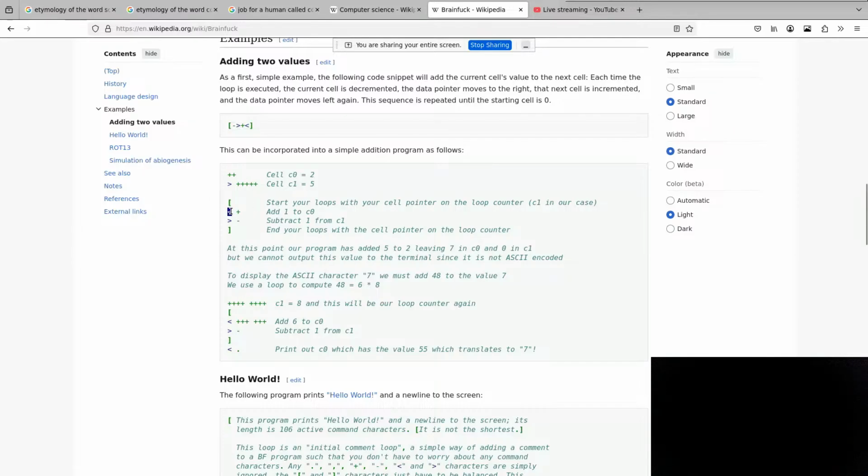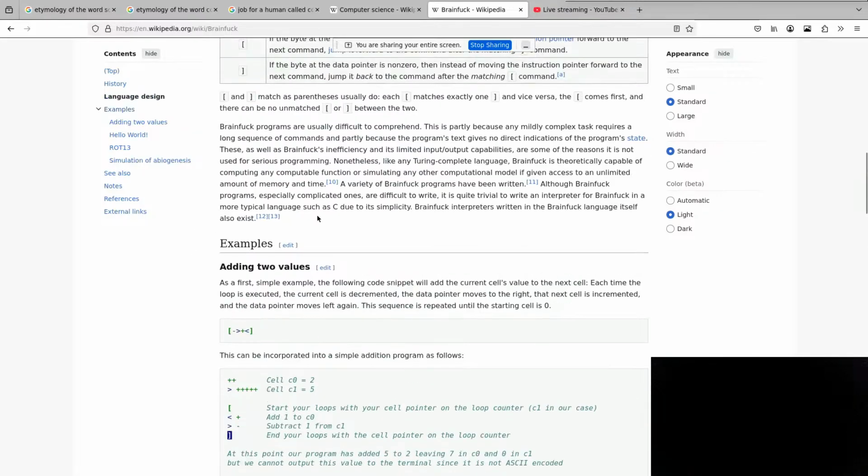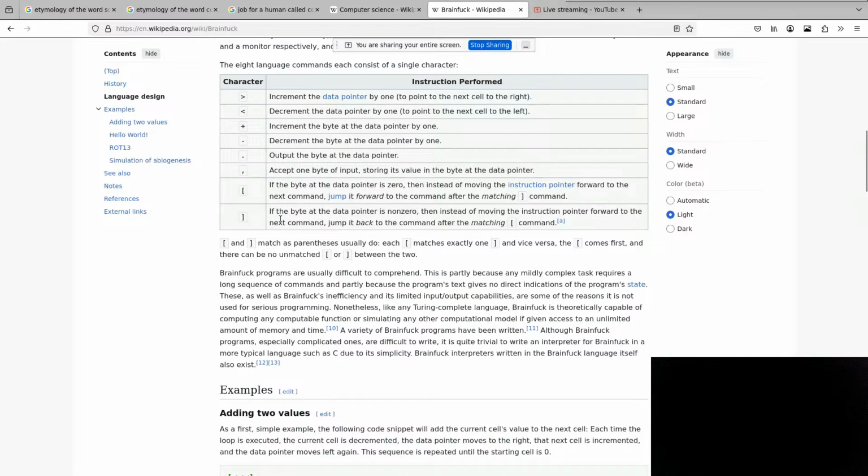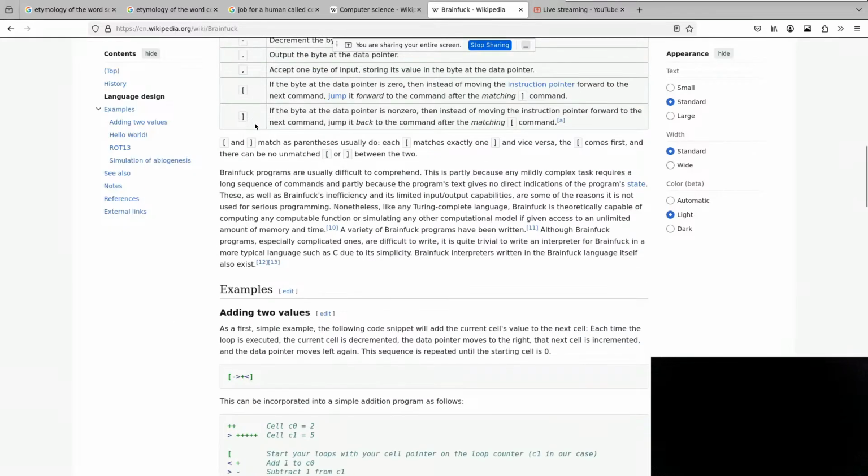Now the first thing in our loop is we go back to cell C0 and add 1 to cell C0. So now we've added 1 to cell C0, and then we move back over to cell C1 and we subtract 1 from it. And then the loop in this language keeps going until this loop